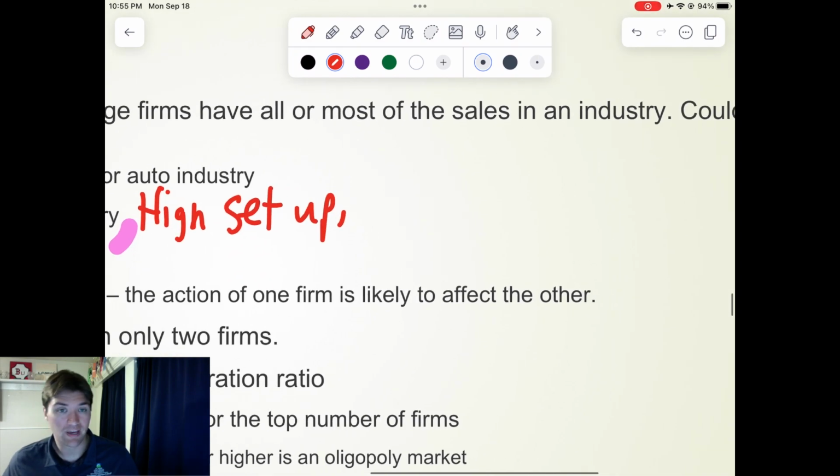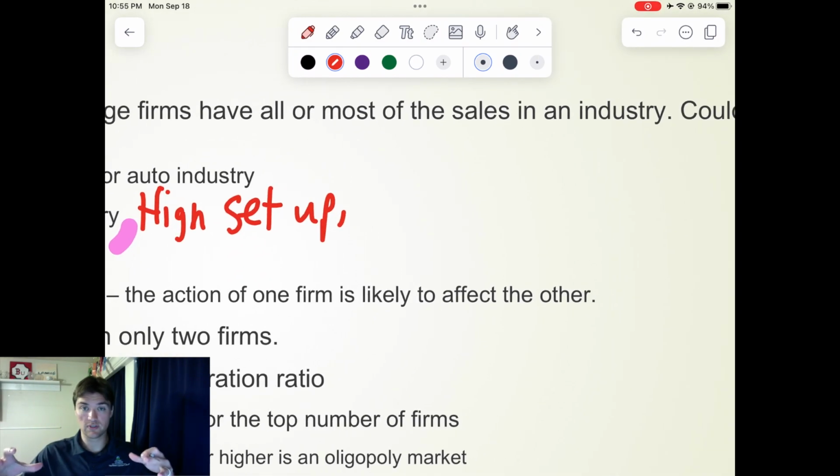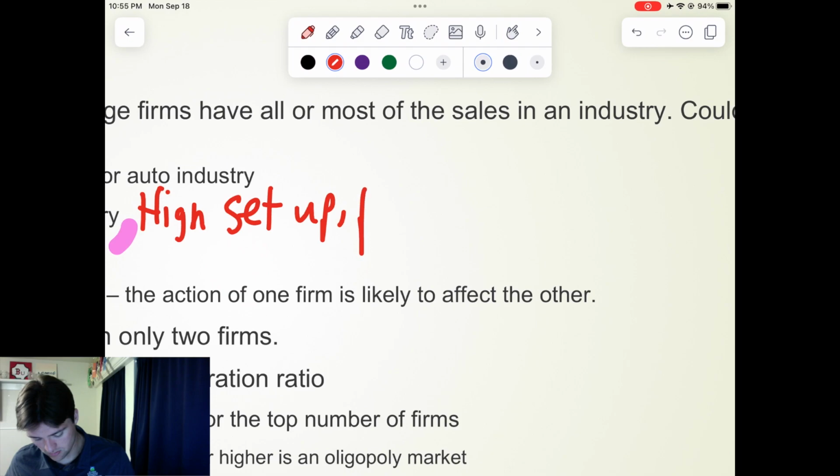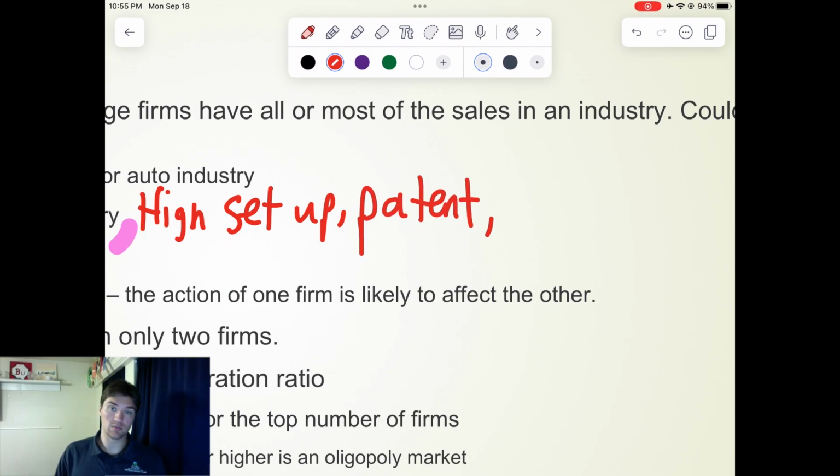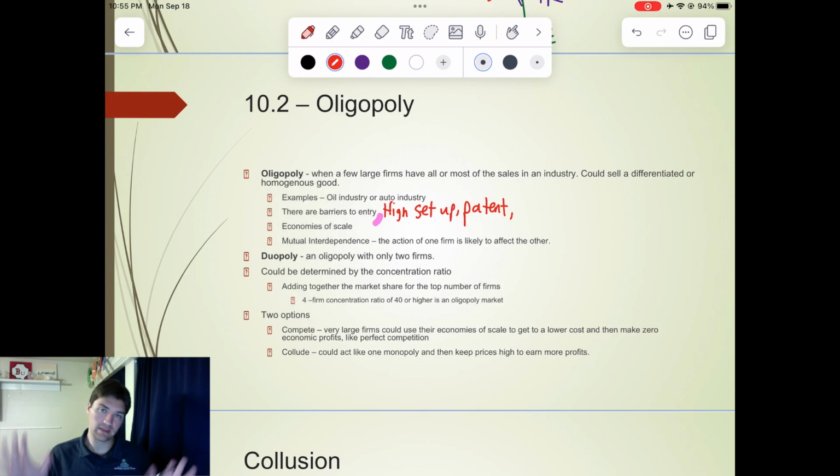Maybe there's already a patent for those groups of firms there, or maybe there's some sort of government regulation where they say, you know what, we're only going to have these firms operating. So there's some sort of barrier to entry there, and that's where we only have a few large